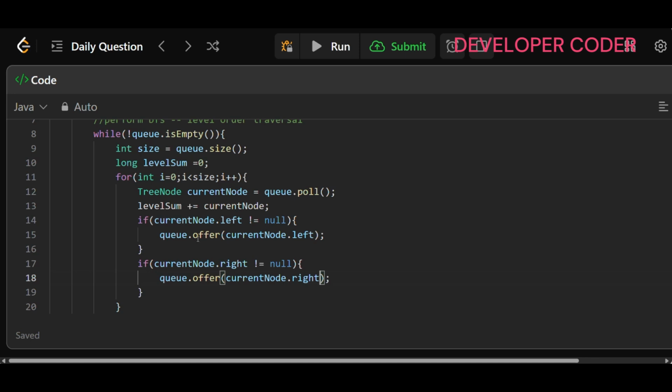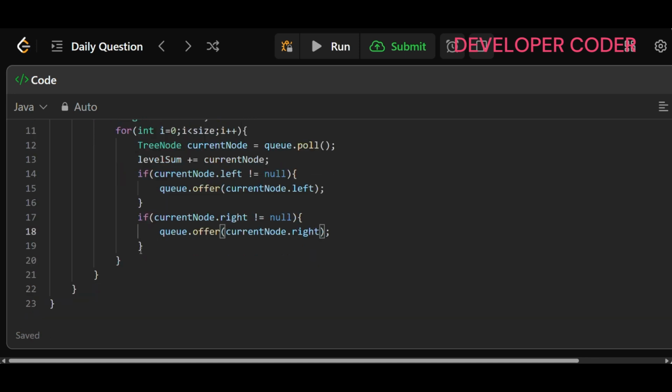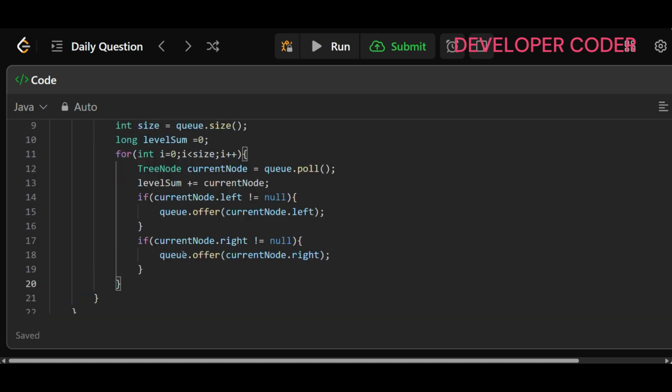Spelling mistake. Okay, so this is done. Here we are doing all this stuff. So here my for loop ends. Once I calculate the sum for that particular level and add all the children in that,